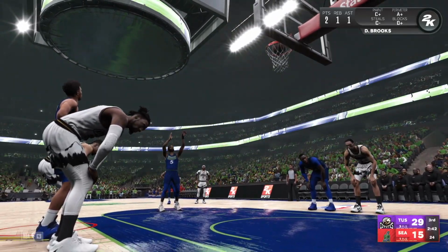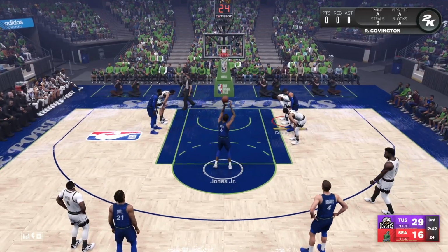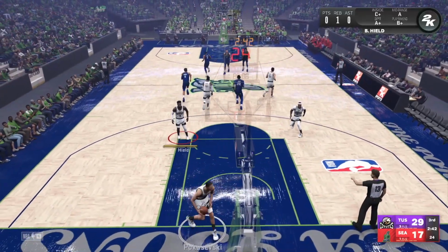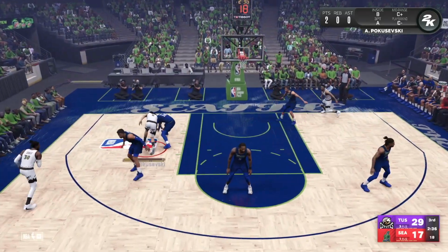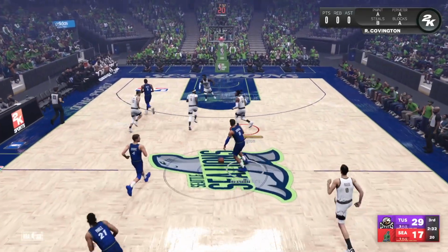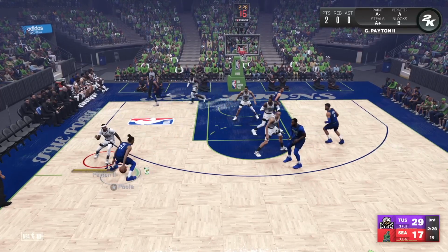All right, so Derrick Jones Jr. makes the first free throw. Second one is up, and that one is also good. All right, man. I'm going to try some more point Poku because that's really interesting to me, as we got an angle there for a second, but then he loses it. All right. Maybe point Poku isn't the best idea,